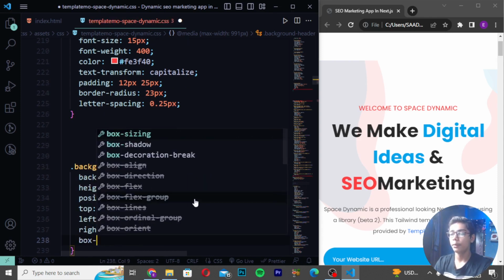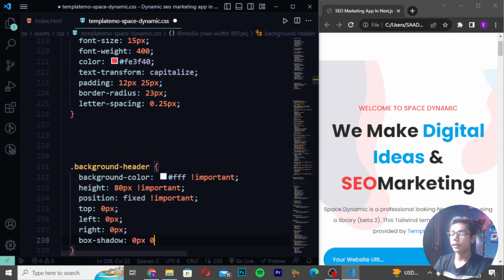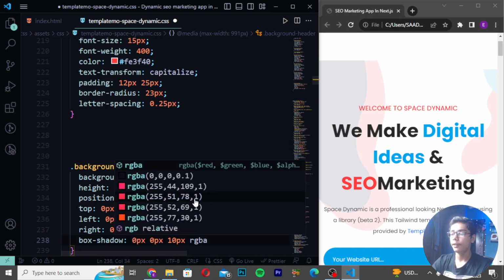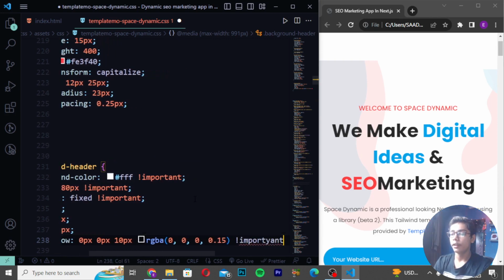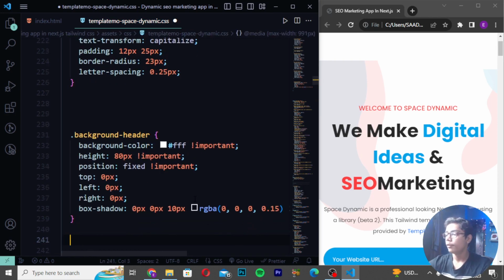Then here you have to write box-shadow 0 pixel, 0 pixel, 10 pixel, rgba. Here I will be writing 0, 0, 0, 0.15. Then I will write !important. So when you have written this, I will now move down, and after moving down, just here